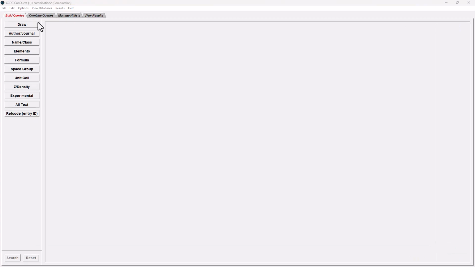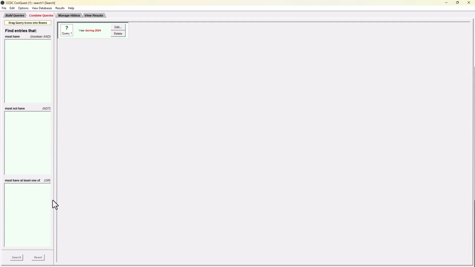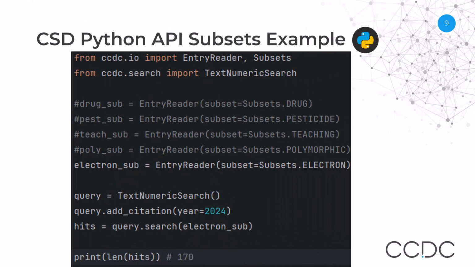All the other options for searching, including compound name and substructure search, can be filtered in this way, and subsets can also be specified for searches from the Combine Queries tab. Using the CSD Python API, subsets can also be chosen as the database to search. Here is a programmatic example of using the API to perform the query we just ran with the electron diffraction subset in Conquest.